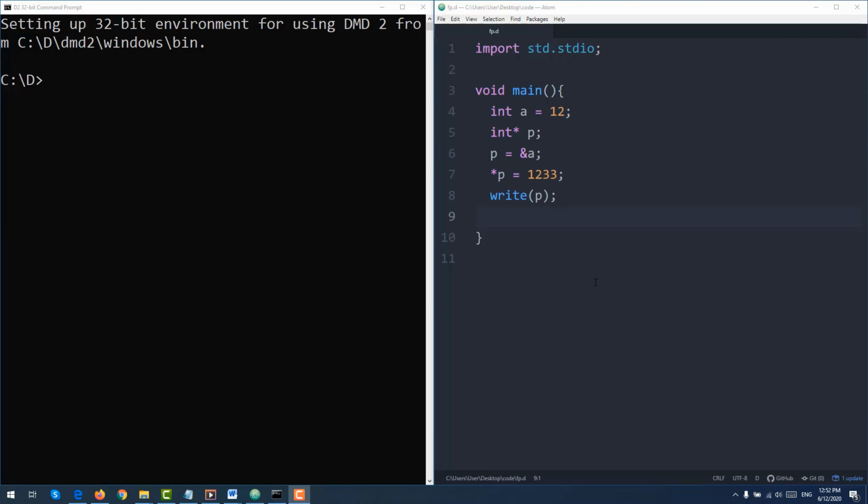Hi, and in this lesson we will speak about while loop. So let's begin by writing an integer a that will be equal to 0, and let's say we want to output values from 0 to 10. To do this we do while,